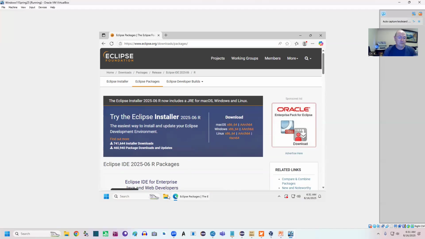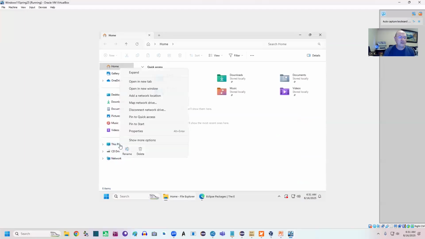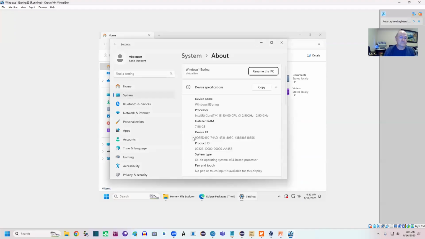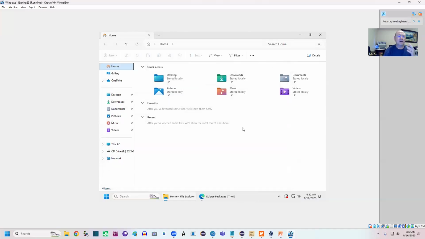Okay. In Windows, since I'm on Windows here, if you go into This PC, right click and go to Properties, it's going to tell you what you're using. In this case, I'm using an i5. And this is the information I've given it in VirtualBox. I've only given it 8 gigs of RAM. That's what's important. What is the processor you're using? If you're using a Mac,